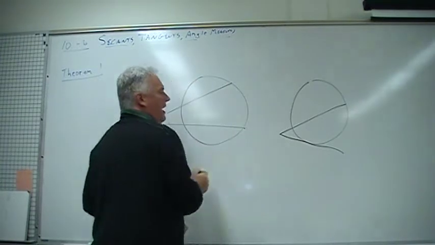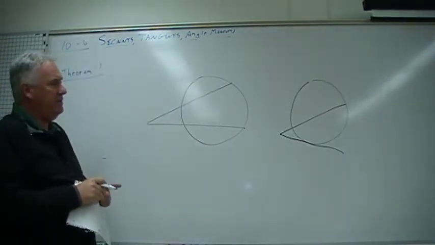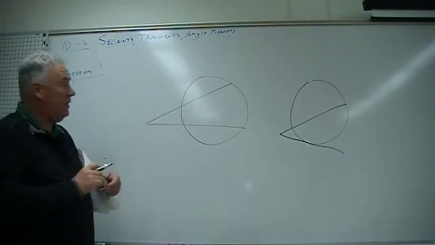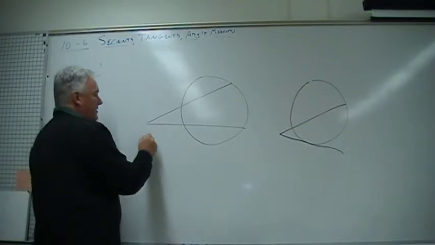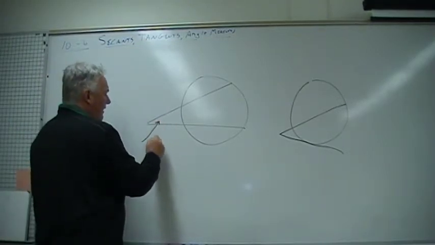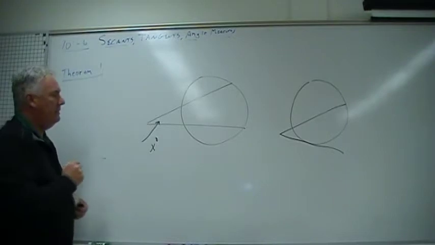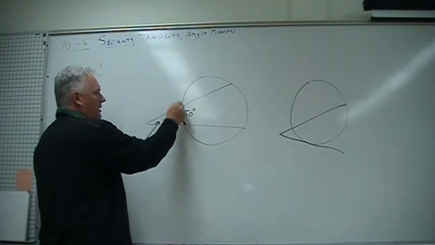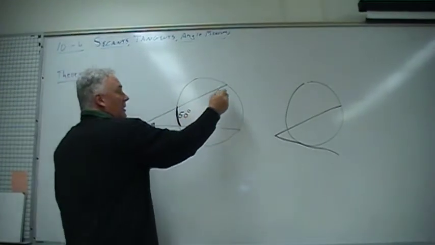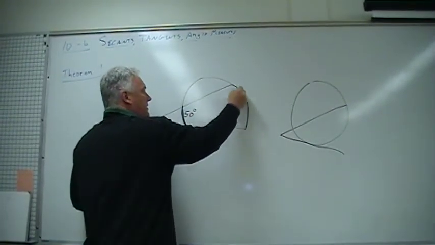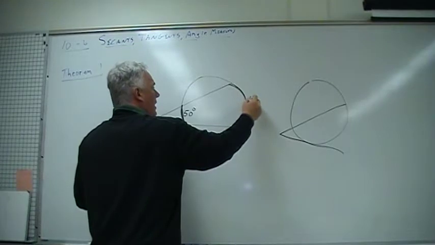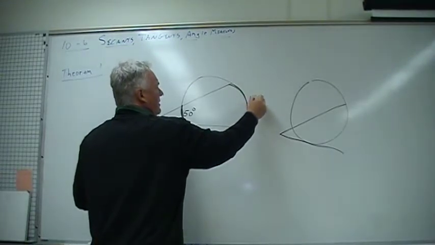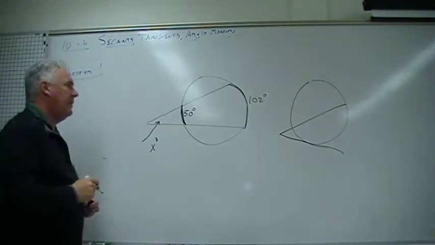You could also have a secant and a tangent, and the same rule would apply. The rule is this. This angle measurement, if this is 50 degrees for this arc, and this is 102 degrees for that arc,